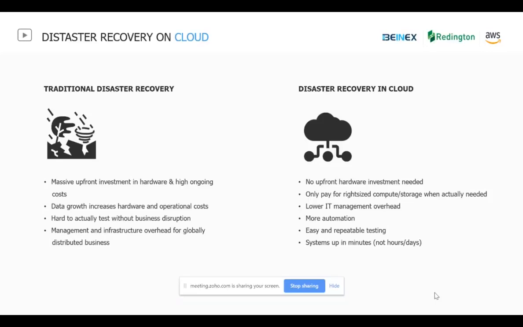And point number 3 is the most important, what we have seen with our customers, because testing a DR with the physical data center will definitely cause a business disruption if you're doing it on peak hours. If you're not telling everyone, okay, I'm trying to do a failover, obviously there will be a slight bit of delay for the business users, who will not even know what's happening.